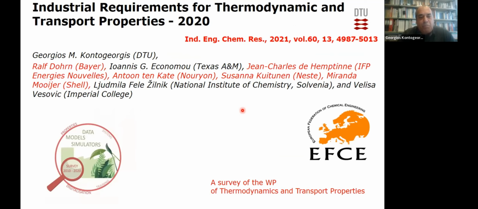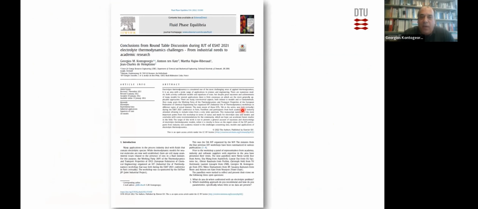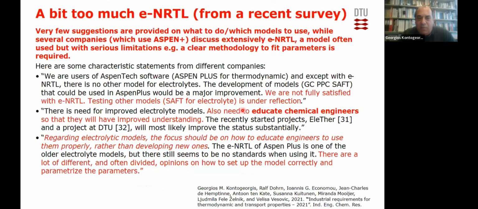In recent surveys that we have done about the industrial needs on thermodynamic and transport properties, that's a manuscript published last year, and also in a follow-up workshop that we did during the ESAT conference also last year, the models that were mostly requested by industry were the models that I just mentioned, the activity coefficient models. Maybe they were requested even too much, I would say. This recent survey, due to the dominance of one particular model, the electrolyte NRTL, in one of the commercial simulators, this is the model that has dominated